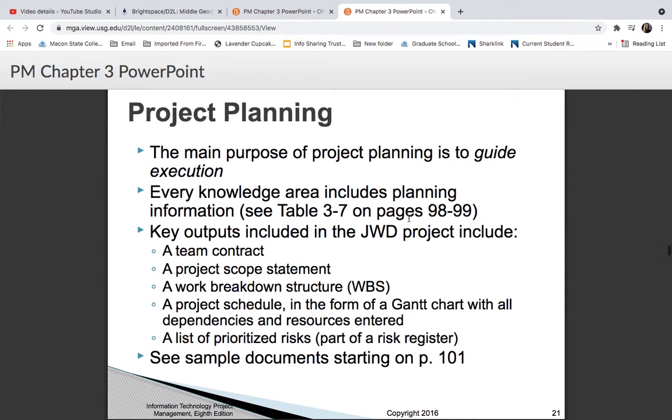Next, we'll talk about planning. So the main purpose of project planning is to guide the execution of the project. Every knowledge area, including planning information, should be addressed. So your key outputs